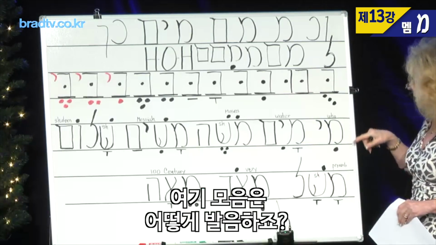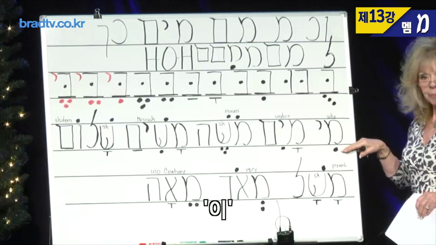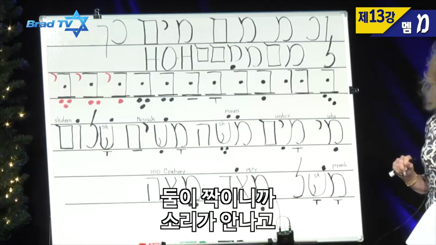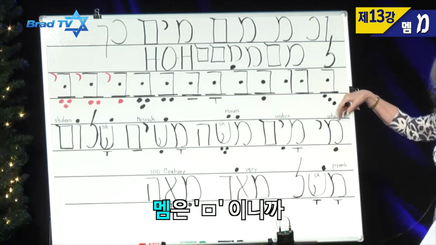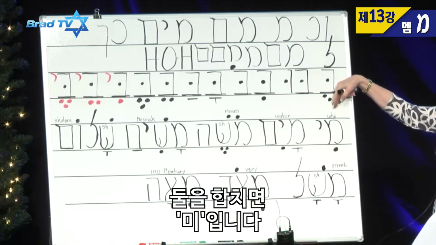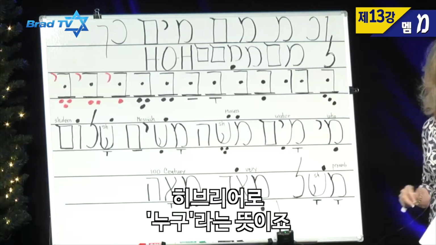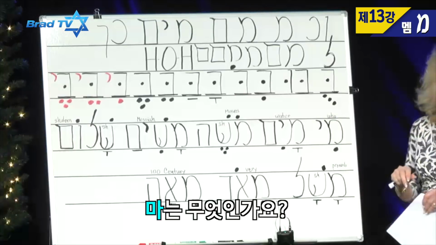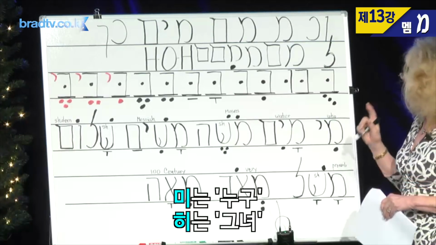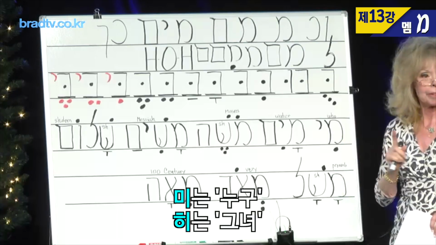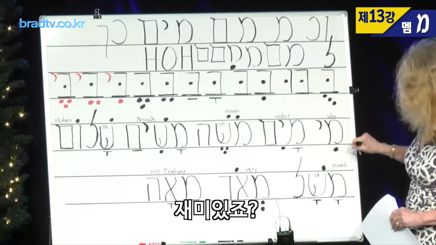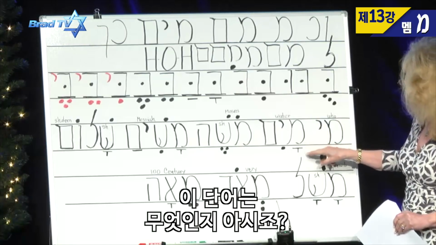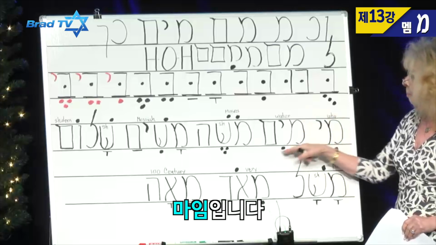The first word is going to be this. What's the vowel point? E. And it's going to work with the yud, so the yud isn't going to say anything. So the mem says m, and so this is going to say, me. Me. And that means who in Hebrew. Me is who, hee is she. Anyway, I forget the whole thing. Who's on first? Yeah, it's funny. I'll have it for you next week. Me is who. Okay, you know this word now. What is it? Mayim. Mayim, water.